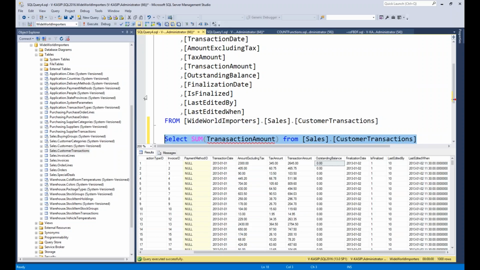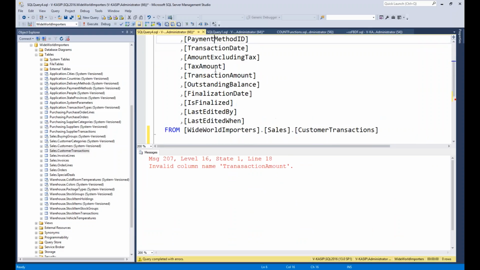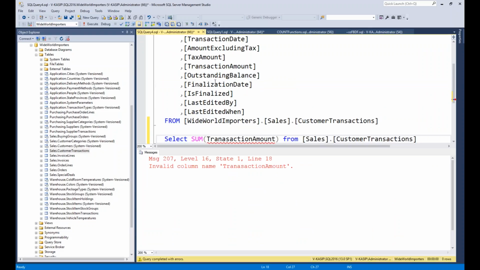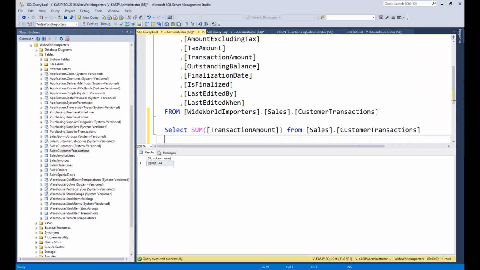If I want to get the total sum of the transaction amount, what is that? Transaction amount. I'm just copying the column name from the above query. So totally it is 267,000. Okay, 267,000 total transaction amount. I want to get this total transaction amount by year, for each year, then group by,